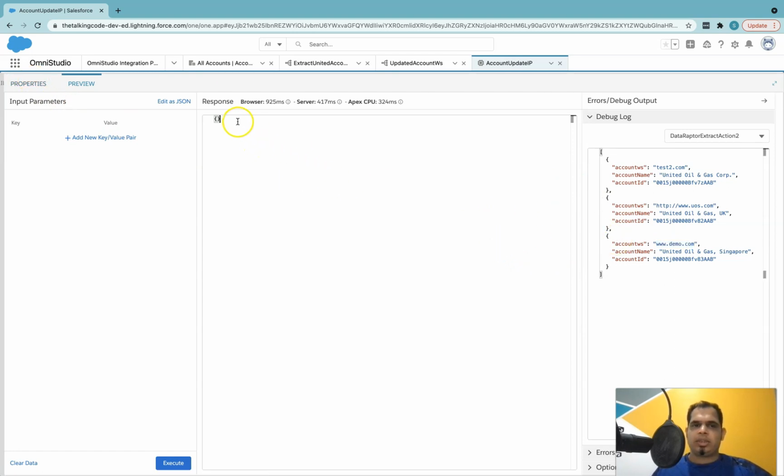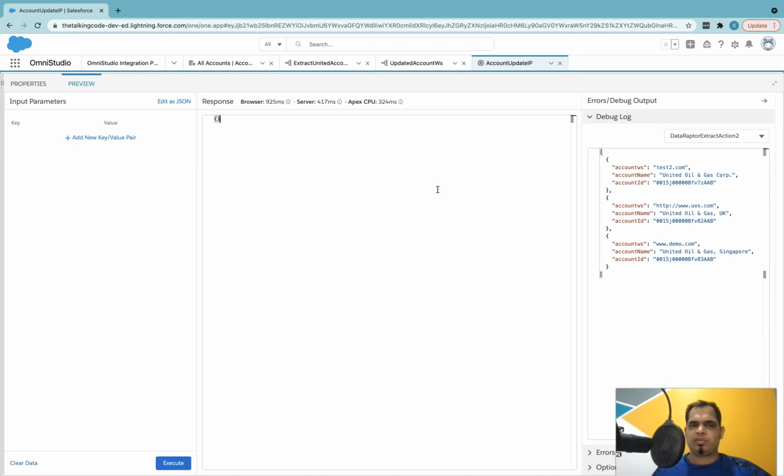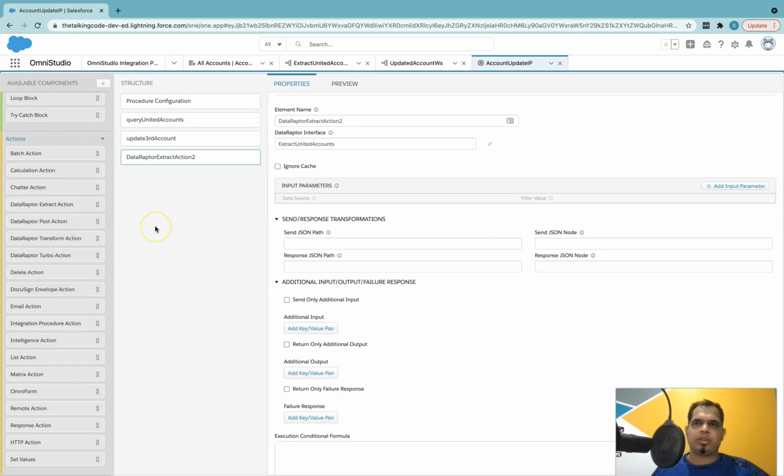The only thing is, till now it is not returning any response. So basically, if you are using it in an OmniScript, you are going to use this specific action. What really matters for you is a real response which can be read by the OmniScript, or which can be used somewhere else.